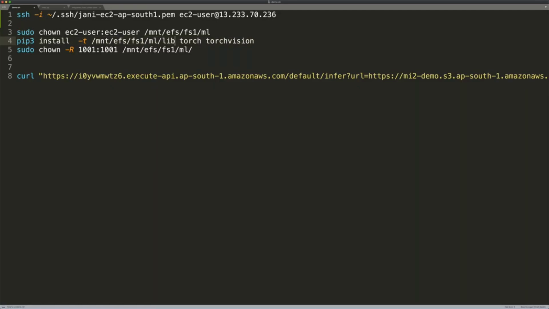Of course, I would have run mkdir to create the lib and ml folders, but that's not the point. The point here is I can use pip to target an existing directory when installing Python modules. Now, this was a big revelation to me. I didn't know that it is possible to target an existing directory through pip. And once I knew this, it became very clear to me how to share libraries between an EC2 instance and a Lambda function. So we're going to run this command.